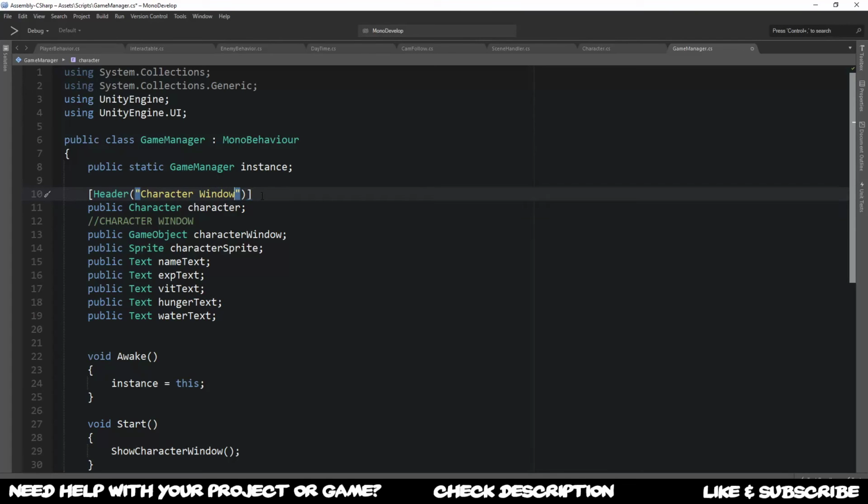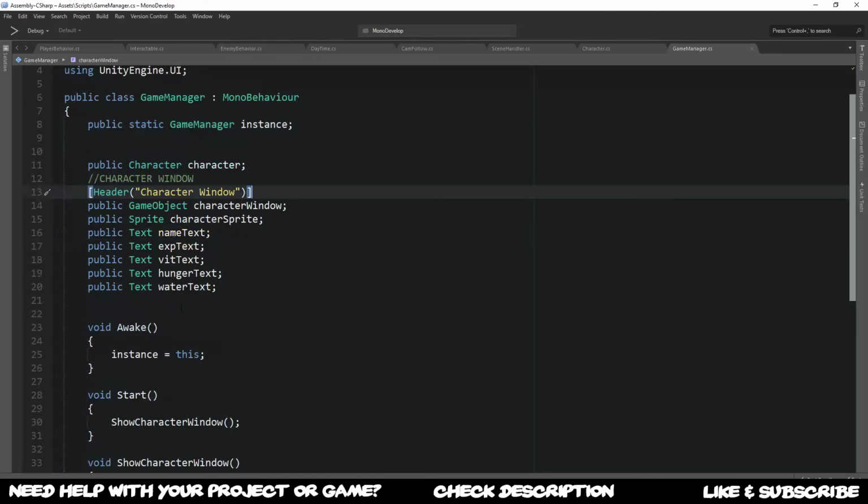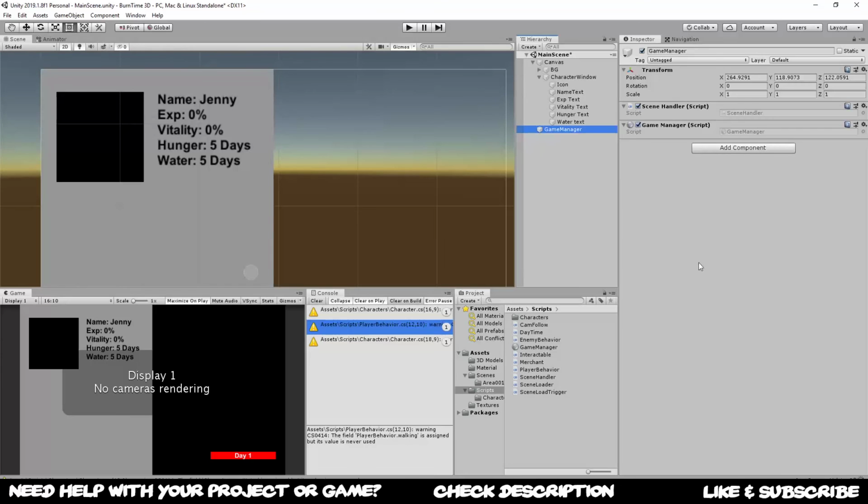Everything about the character window is probably gone or coming after this one, and we can make use of multiple headers later on. We can make use of spaces and all the other content over here. So we should now wait for the compiler,